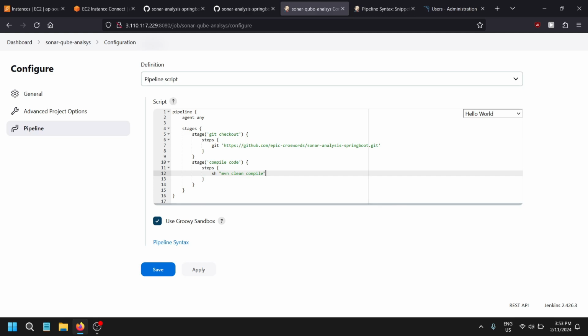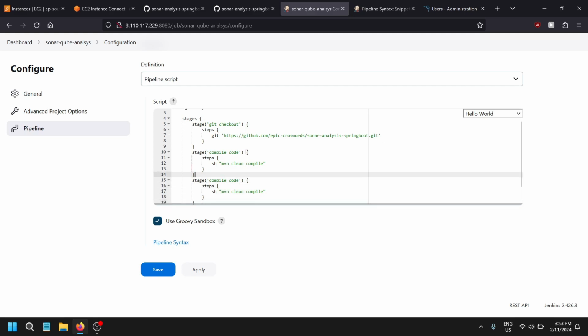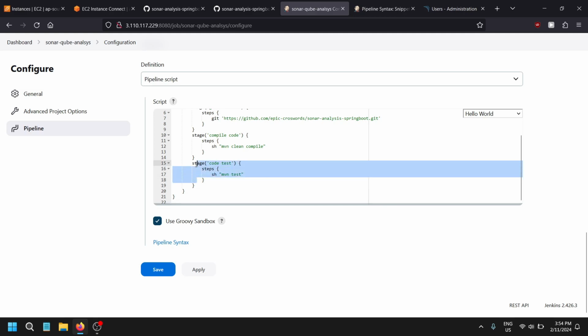Once I create a video about Maven, you can easily understand what this command is. Before that, you can just copy and paste the Jenkinsfile as I mentioned already. So compile the code. It's time to test the code. Once we compile the code, test: mvn test. Am I right? Yeah, mvn test. Once we perform the test, let's perform the analysis